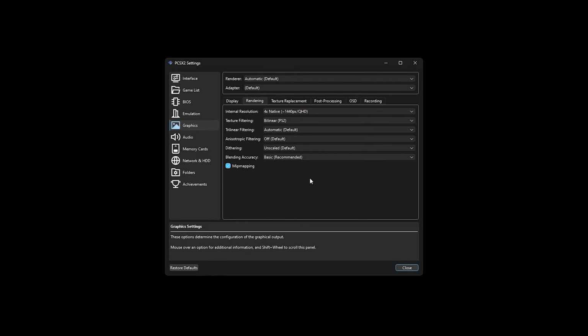The only other option that I recommend changing here is anisotropic filtering. All this is going to do is improve image quality by reducing texture aliasing. There's no downsides to setting this to 16 times that I've seen personally, so just set it to 16 times